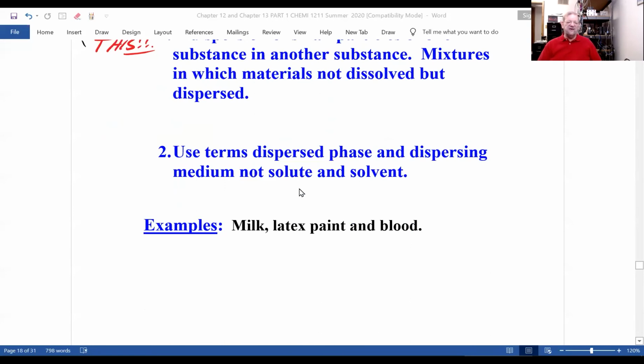Now, this part, number 2, I won't ask you, but instead of using solute and solvent, use disperse phase and dispersing media. Now, what, and this you should know,